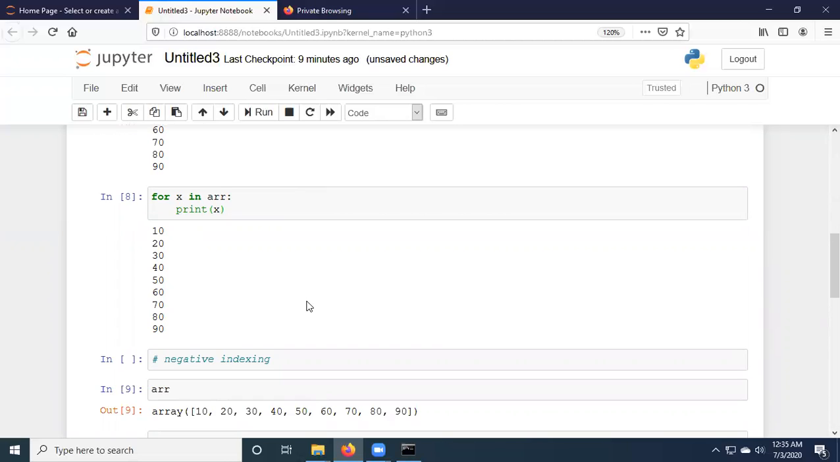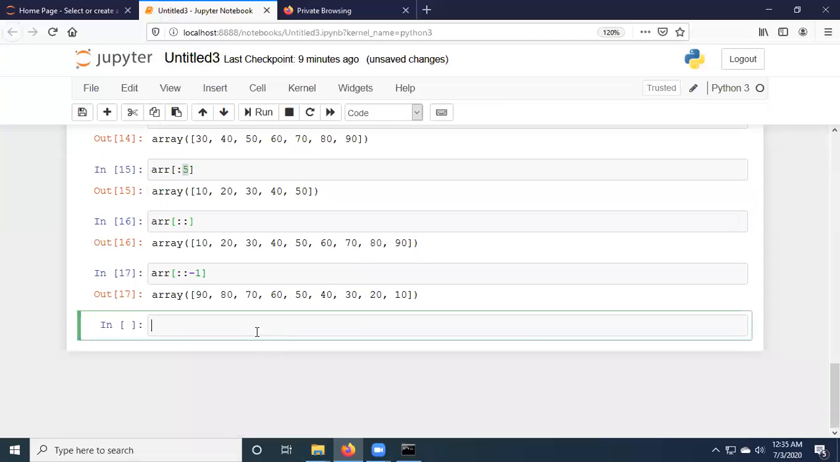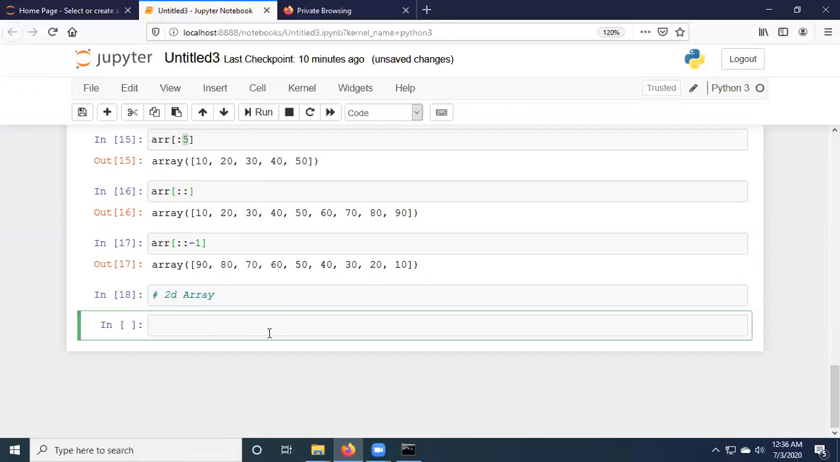Now, what about a two-dimensional array? Suppose you want to access array elements of a 2D array. So check out here. I'm going to show you how to access a 2D array. So first of all, create a two-dimensional array for understanding purposes. Write down data is equal to, instead of writing ARR,